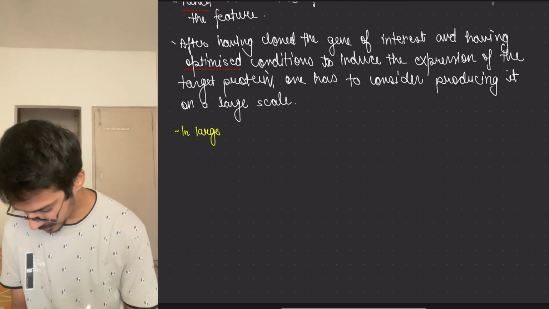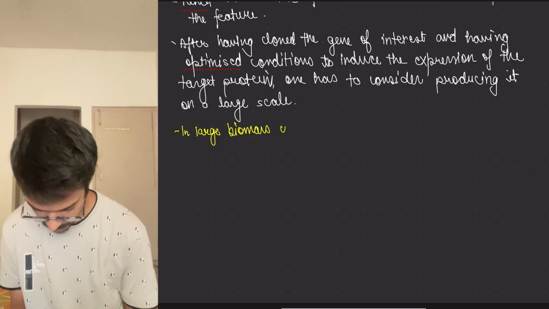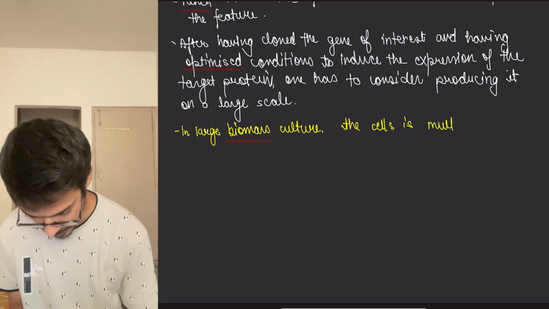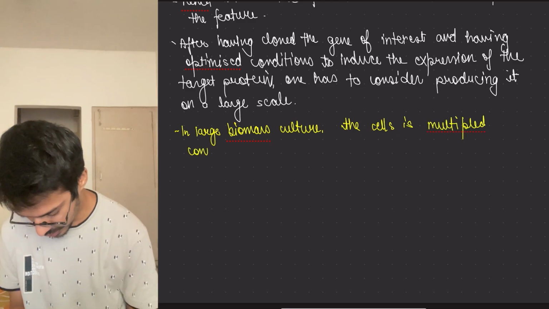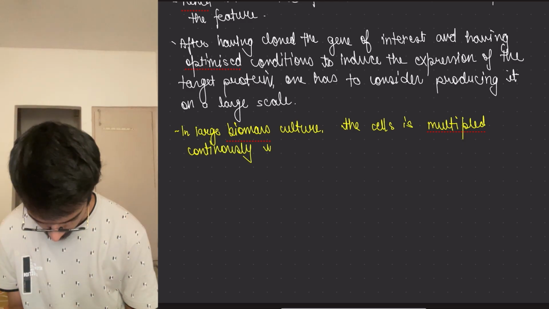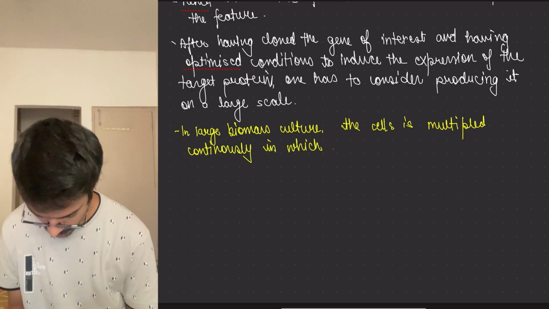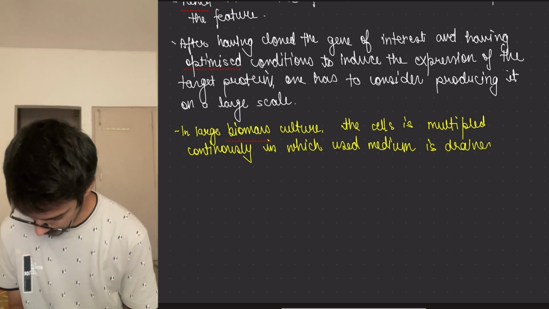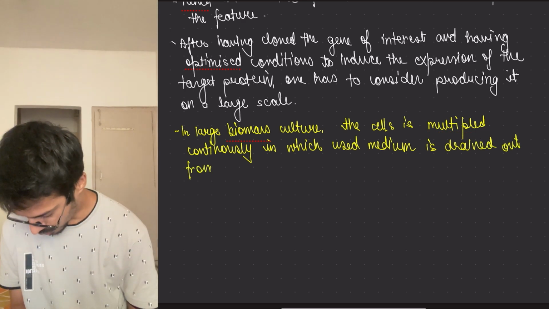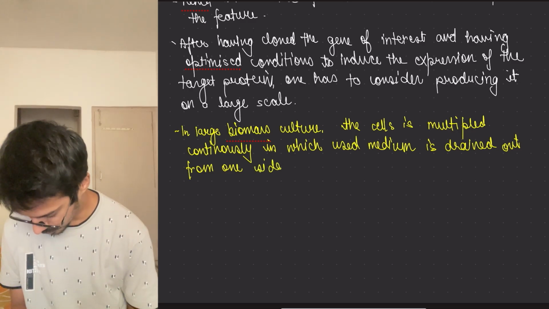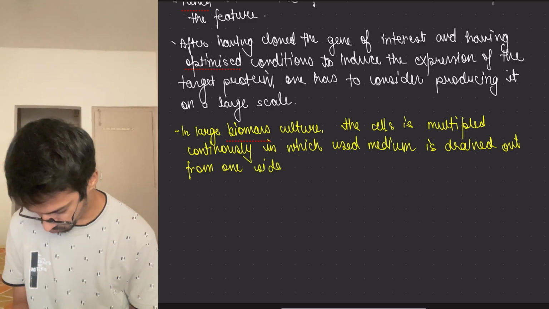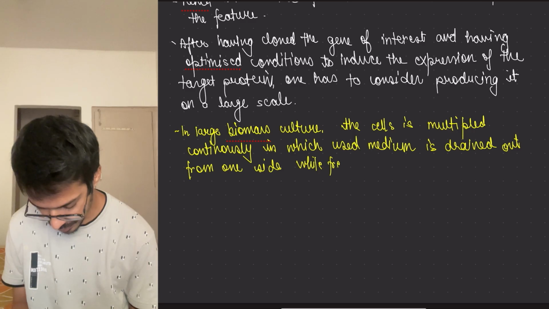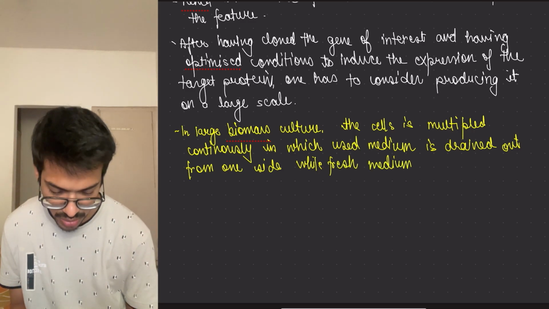In large biomass culture, cells are multiplied continuously, in which used medium is drained out from one side while fresh medium, meaning that on which the cells will grow,